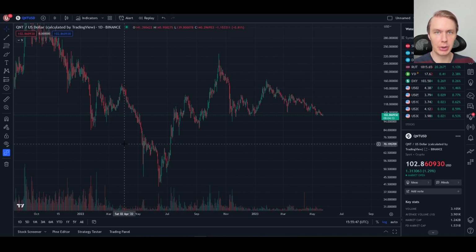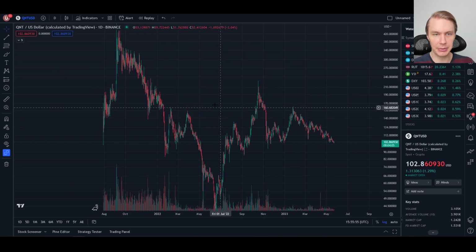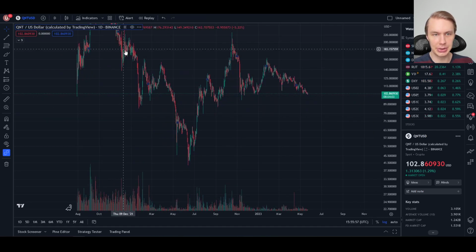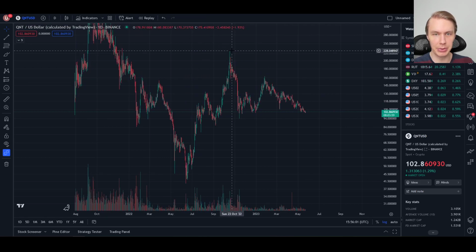Today I want to talk about Quant and what some of our models are making of its recent price action. So last year, Quant was an interesting asset to watch. It fell off pretty hard going into kind of the first half of 2022. But then it had a pretty major bounce from June all the way through to October. It was about a 450% move to the upside over here.